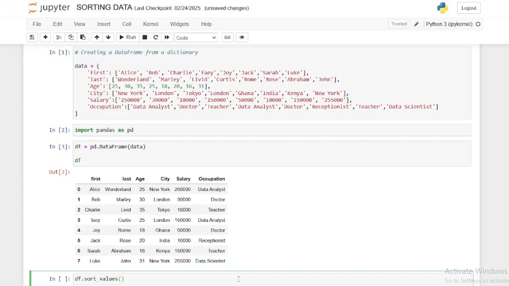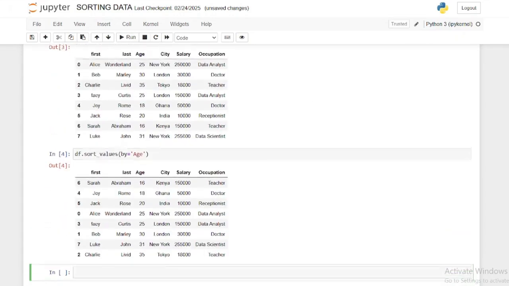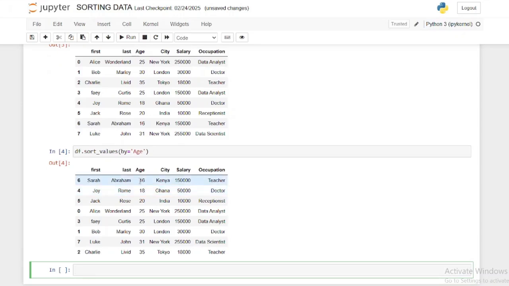and now we are going to place in the column which we want to sort by. Okay, so in this situation we are sorting by our age, right? So let me go ahead and run this, and now we can see that we have the age of 16, which is the least age in this data frame, as our first age, followed by 18, 20 and so forth. So you can see this data frame has been sorted by age in the ascending order from lowest to the